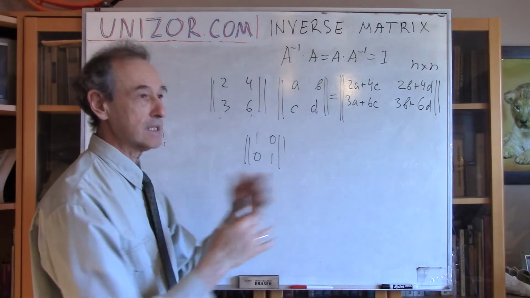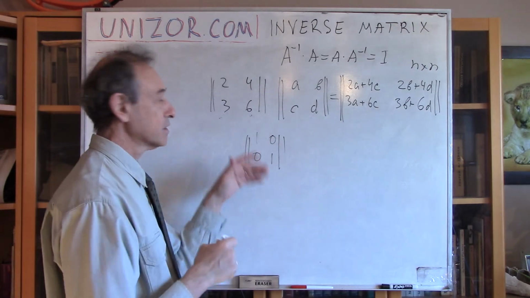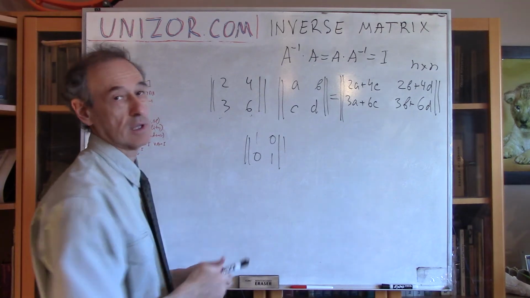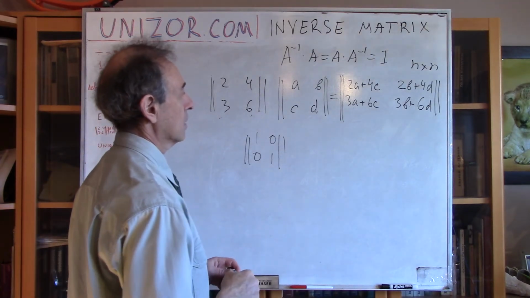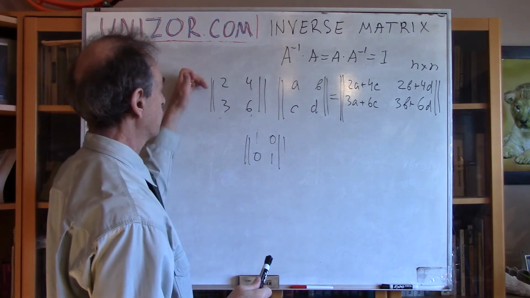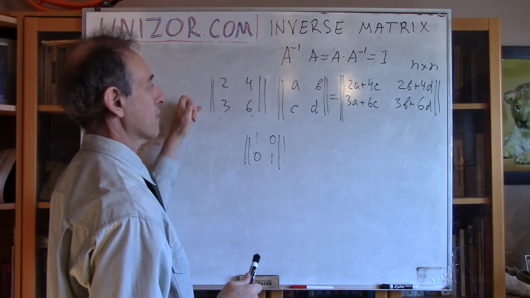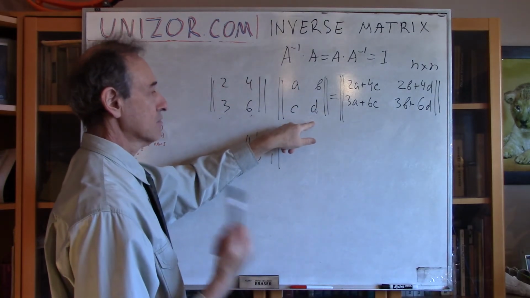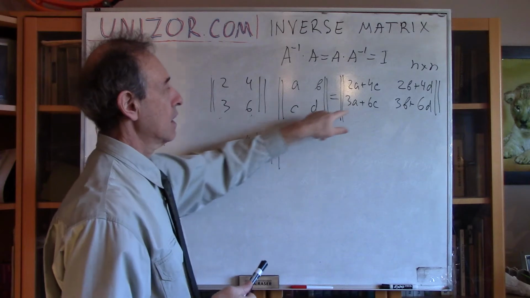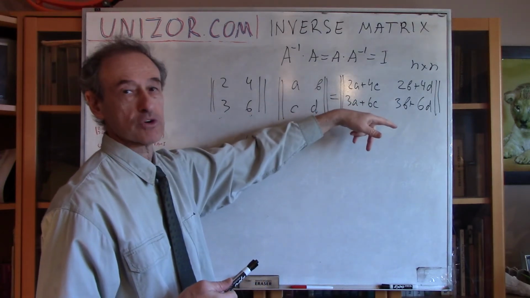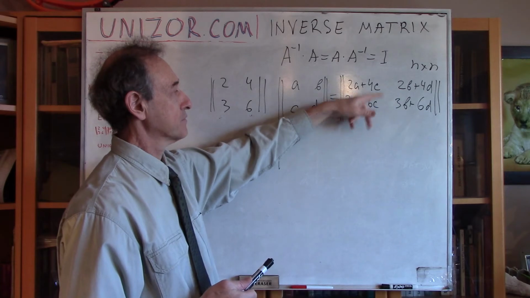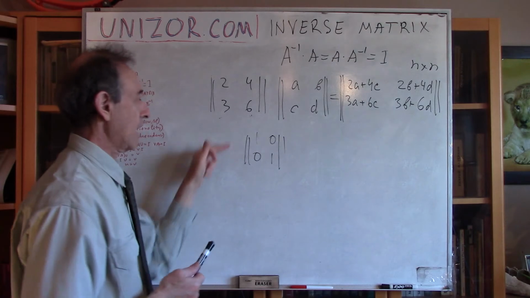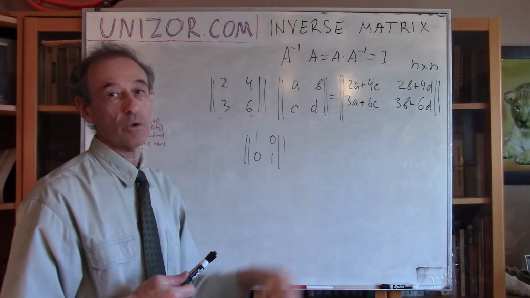The identity matrix has completely independent rows. There is no linear dependency between them, so you cannot multiply this row by 1.5 to get this one, obviously. My point was that if two rows are proportional to each other in the matrix A, then no matter what inverse matrix candidate we consider, the product would have a similar proportionality. And since their product must be equal to identity, and identity cannot have this proportionality,